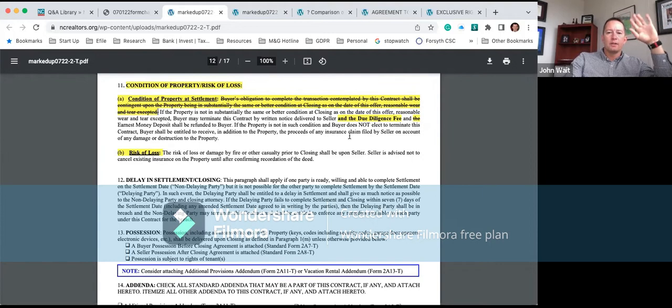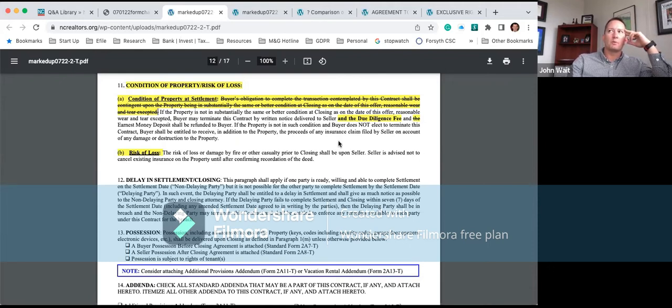Now notice that if this happens, then it just relieves the buyer of their obligation to actually proceed in the transaction. Notice it's not going to be a breach by the seller. So it's not going to trigger any of those remedies. This is purely a contingency. It is the only contingency built into the contract. And the important change was this. There were some circumstances where,